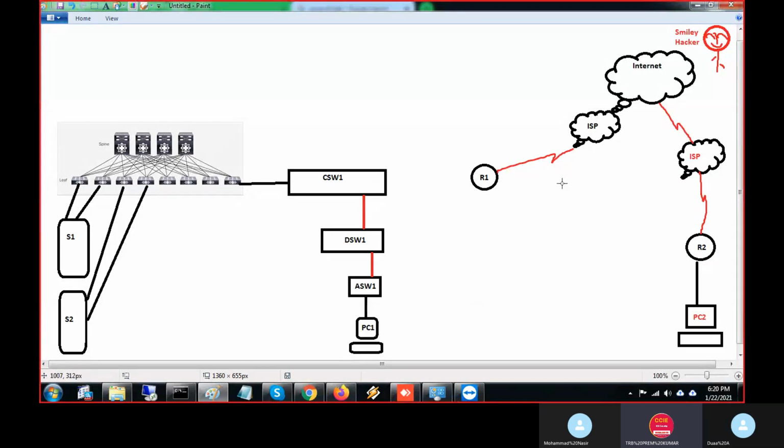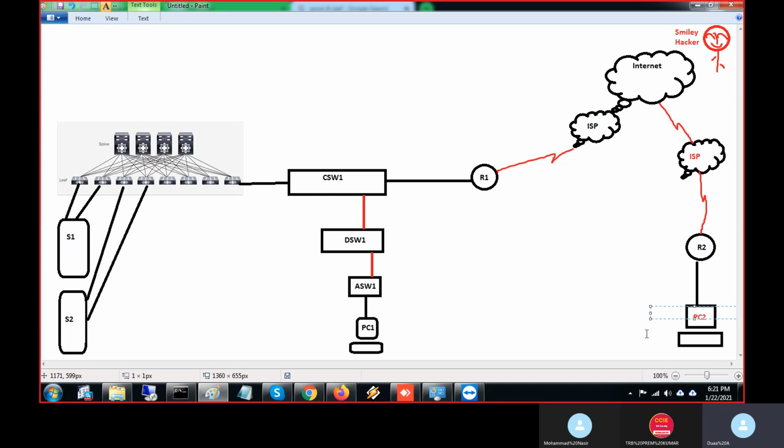Now, what is a social engineering attack? Social engineering attack is like they will behave like, for example, they will copy any kind of mail ID, do some modification in that, and send it as though the mail is coming from the legitimate source.